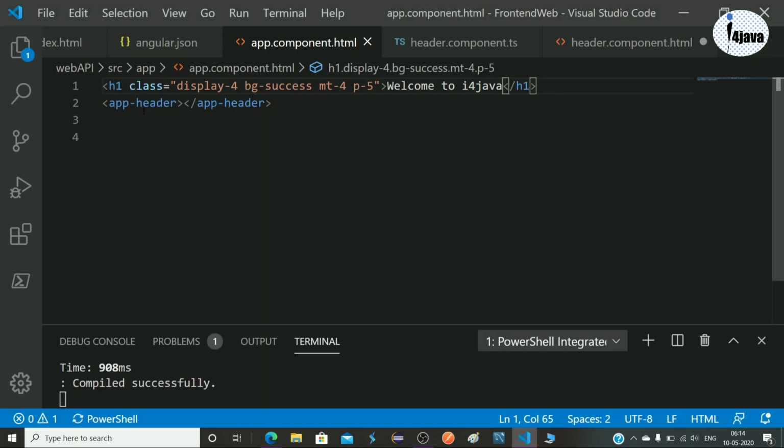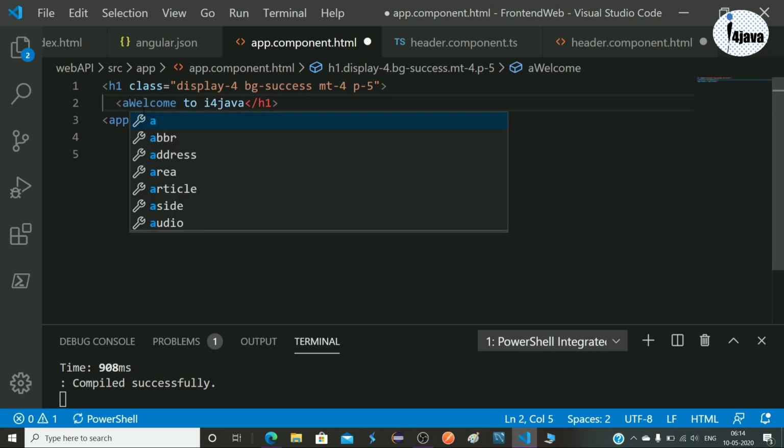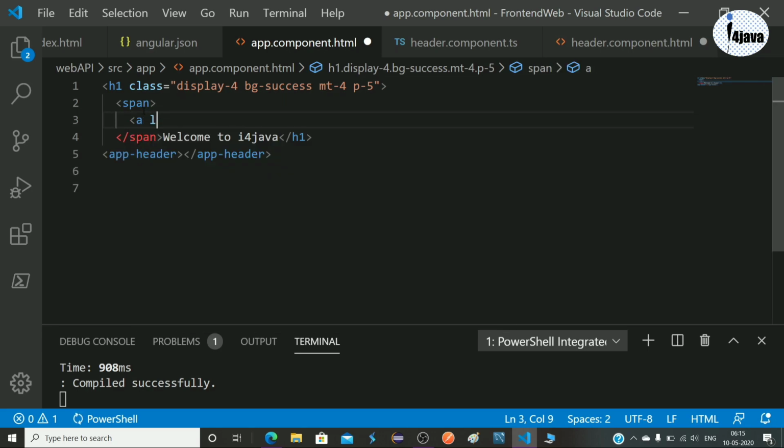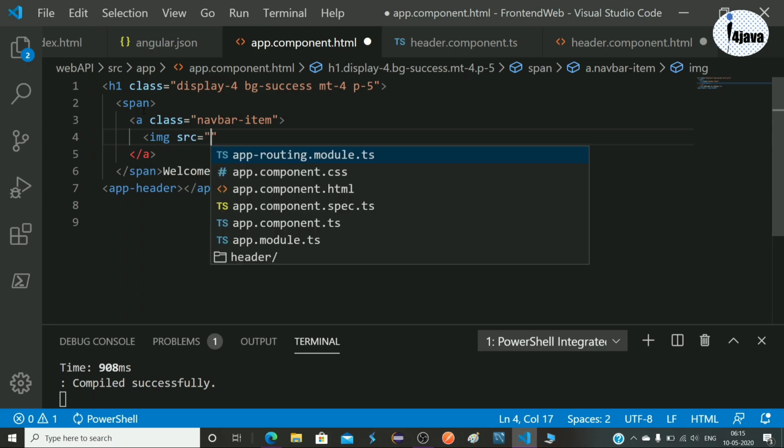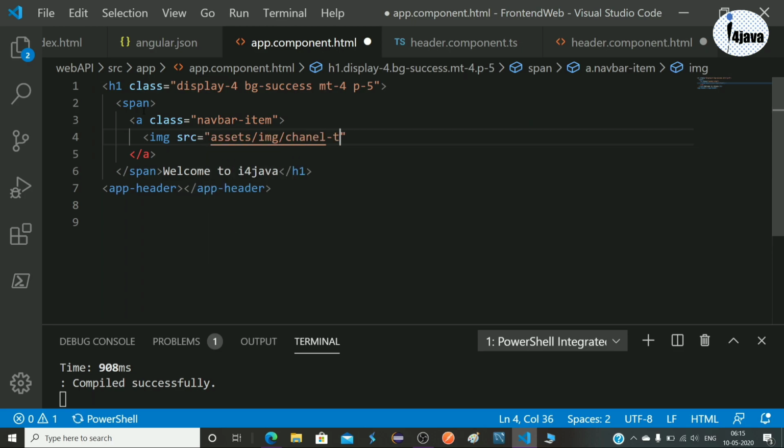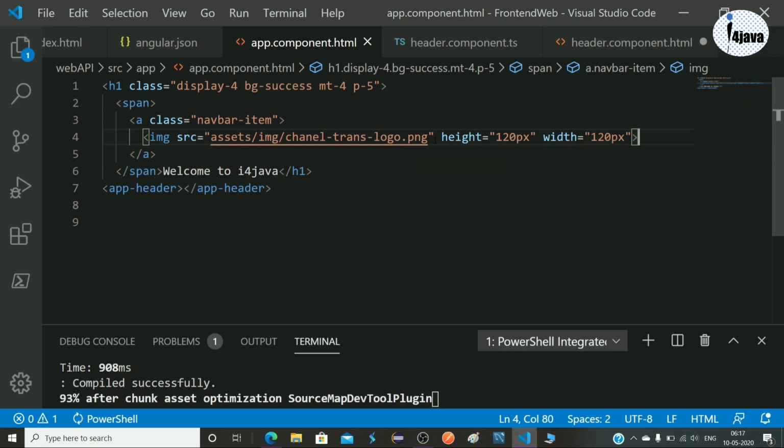For that I am adding it here, and let's check in our browser.